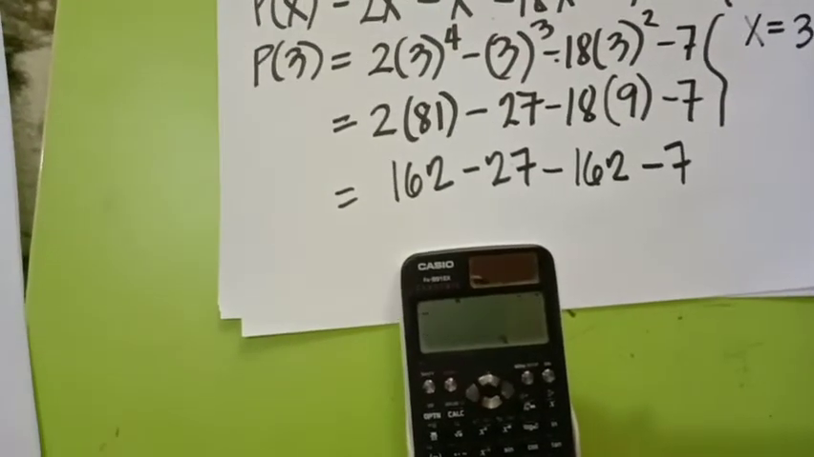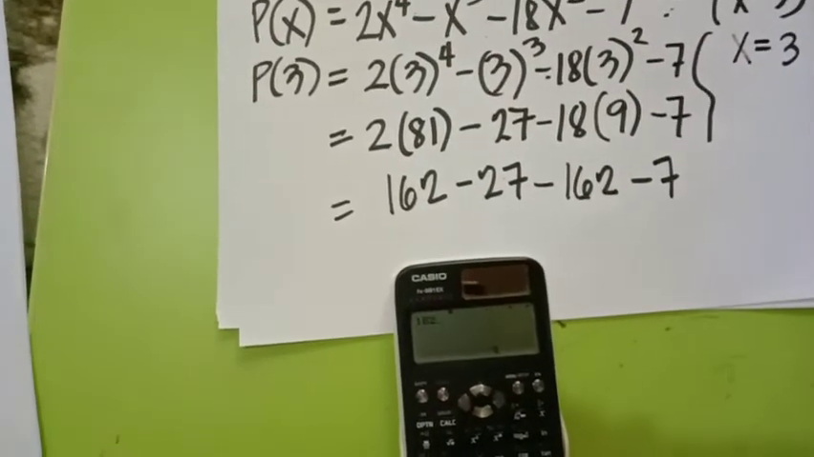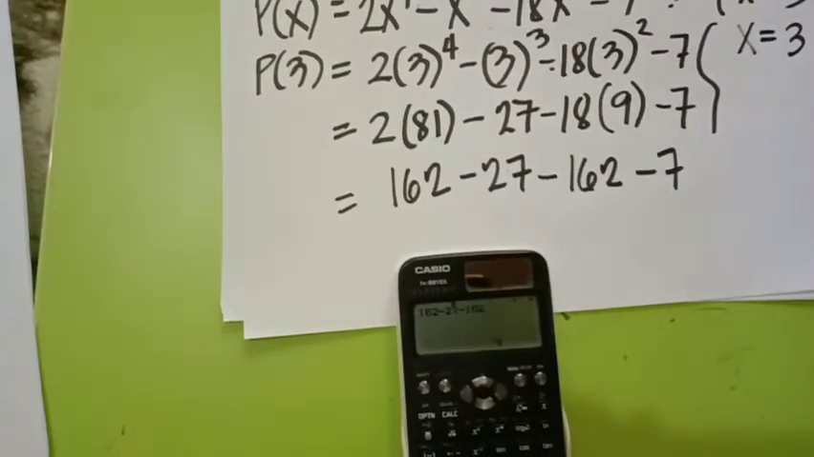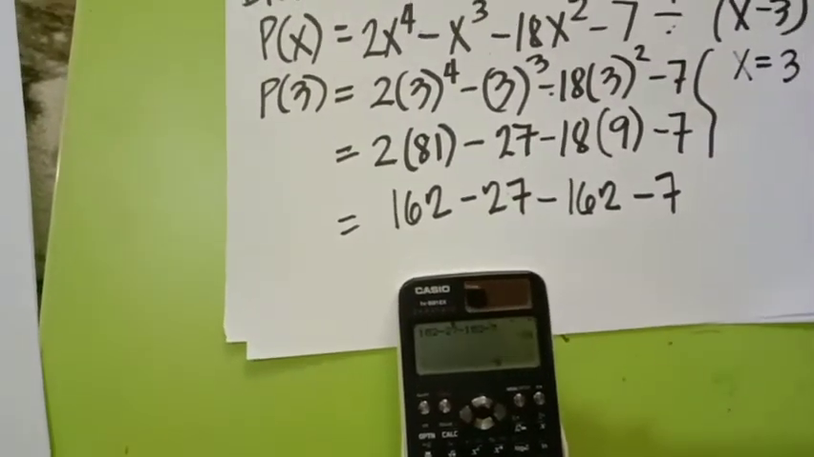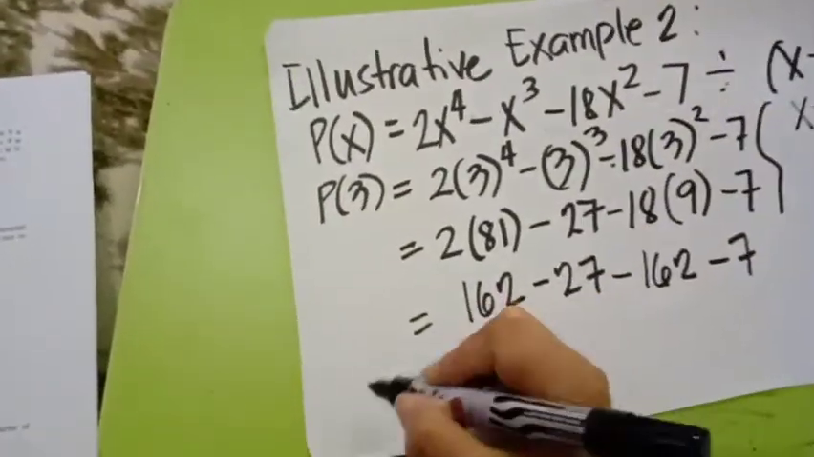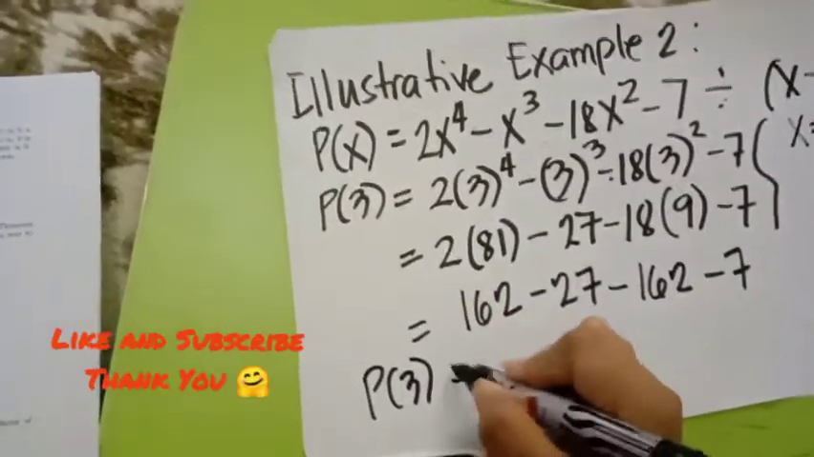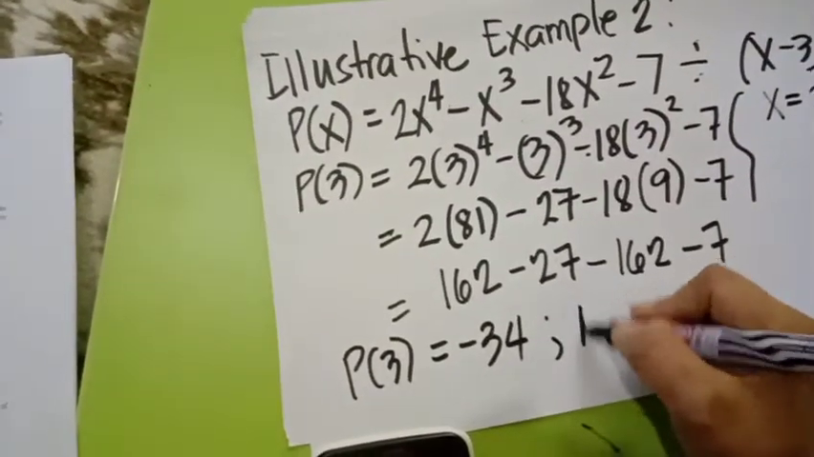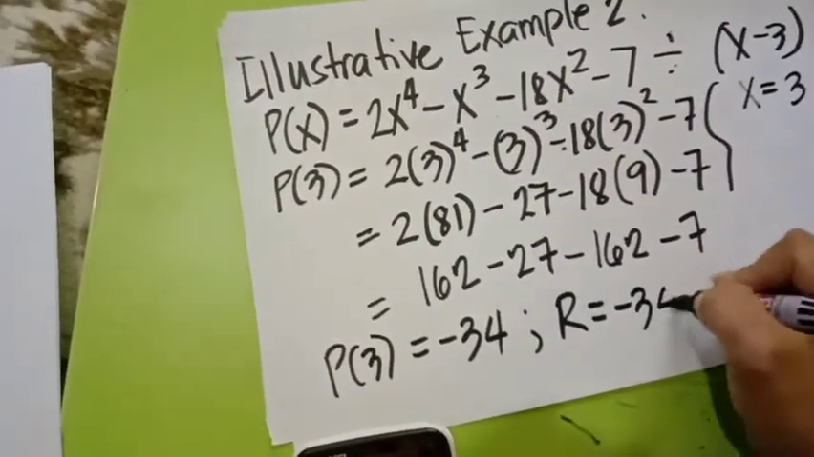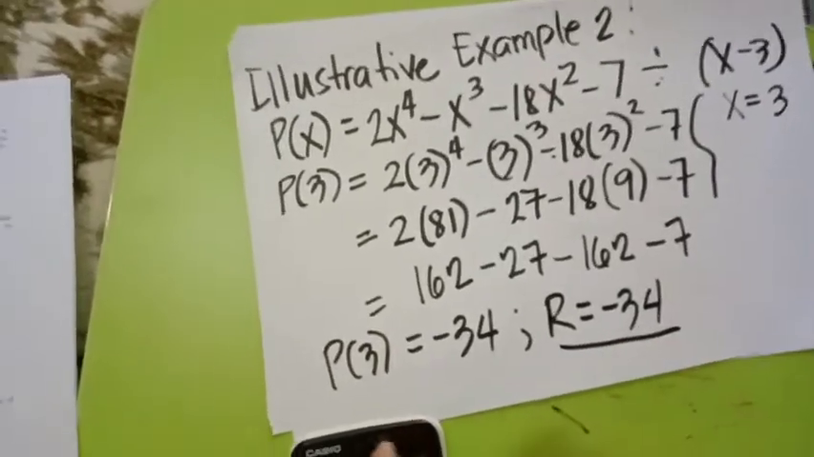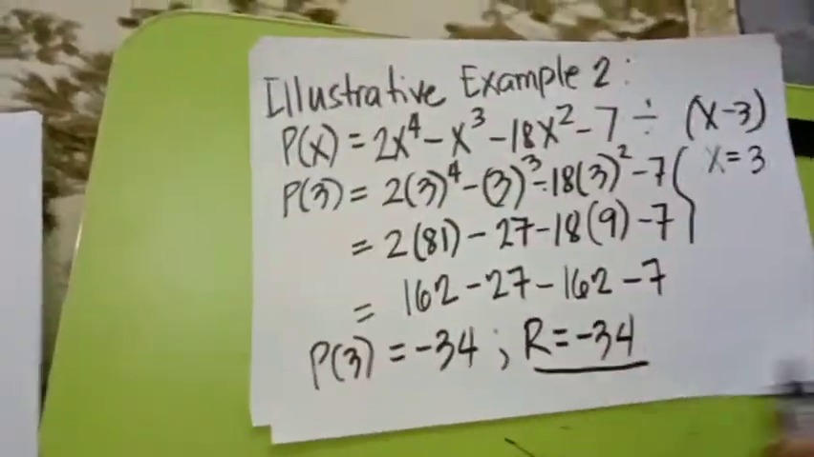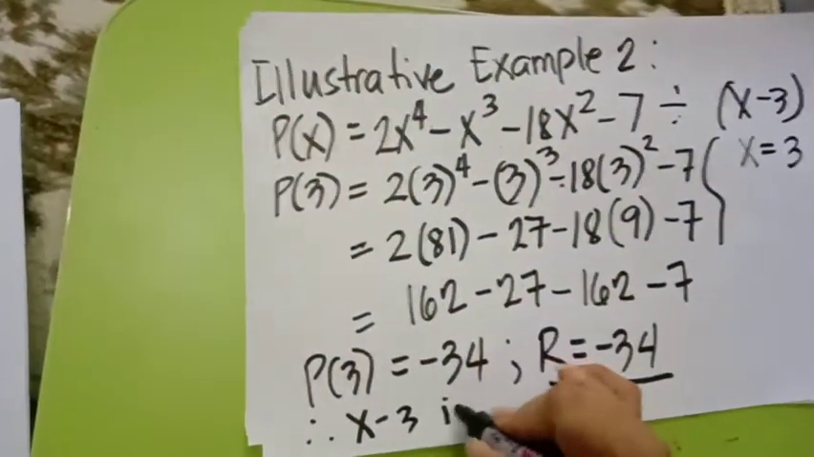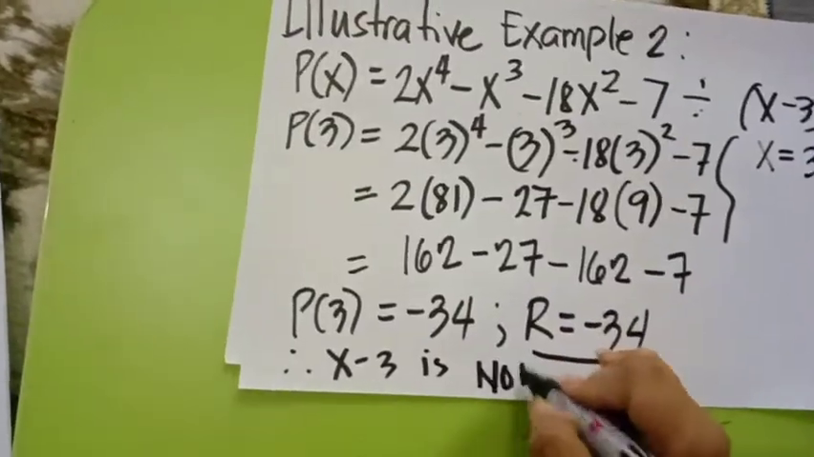162 minus 27 minus 162 minus 7. The answer is negative 34. So P of 3 is equal to negative 34. The remainder R is equal to negative 34. Hindi 0 yung nakuha nating remainder. Ano yung pwede nating i-conclude? Therefore, x minus 3 is not a factor